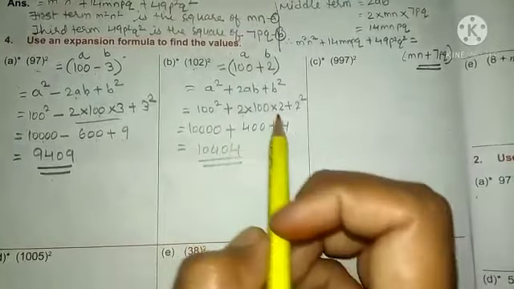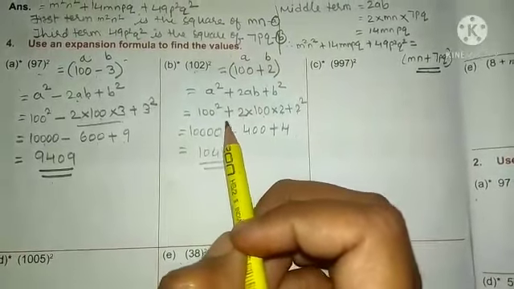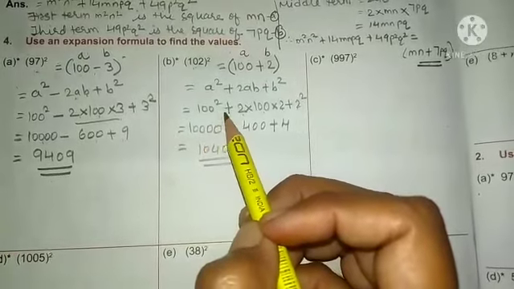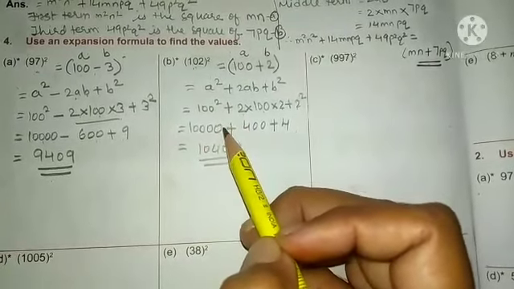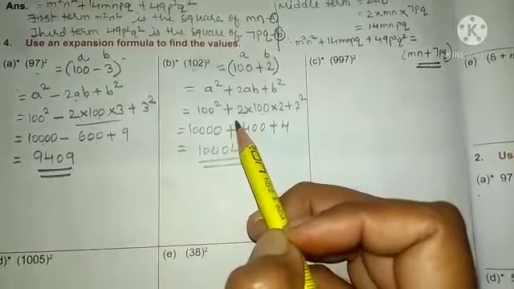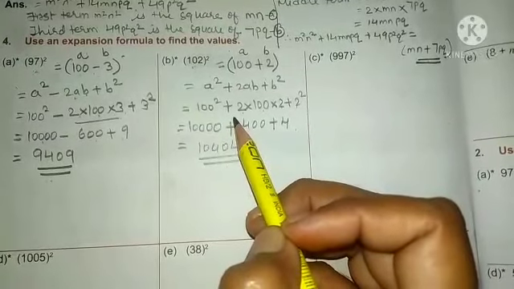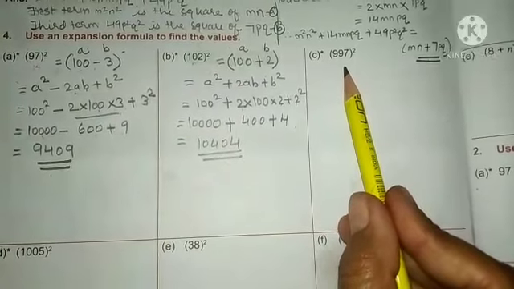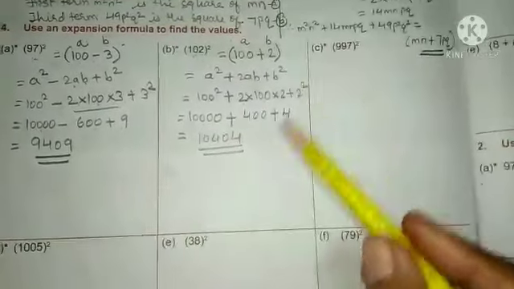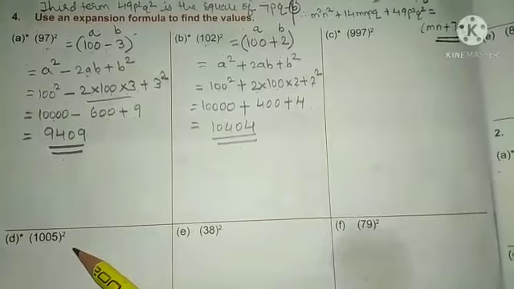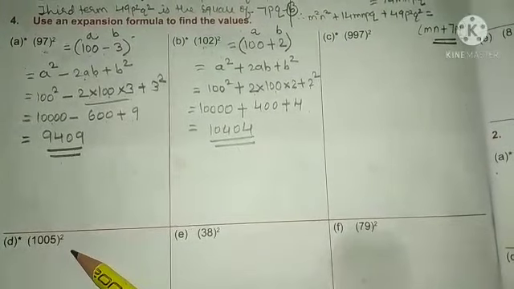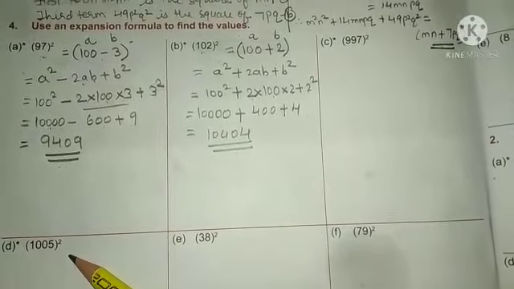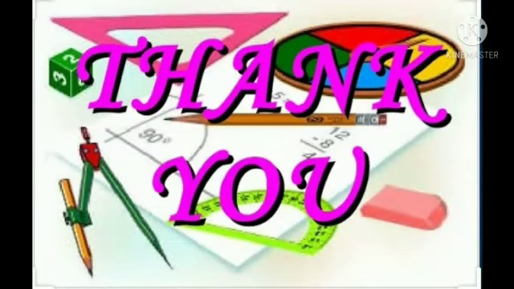Clear? Understood student? How you will use the expansion formula to find out the value. Clear? First what you have to do? You have to either make your given number as your round figure, or you have to take out the round figure from your given number. Understood? Now see, in third question you will make this number as your round figure. Clear? In question number, next question in D1 you will take out your round figure. Clear? Thank you.